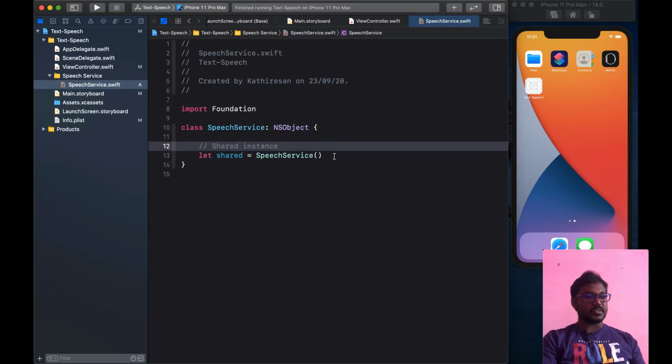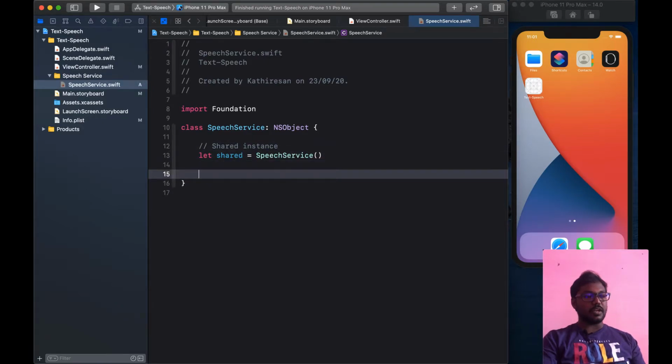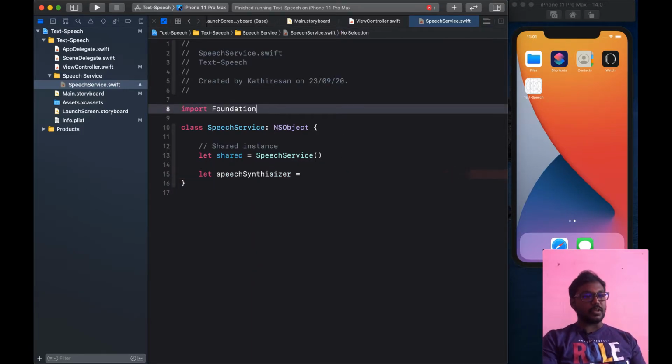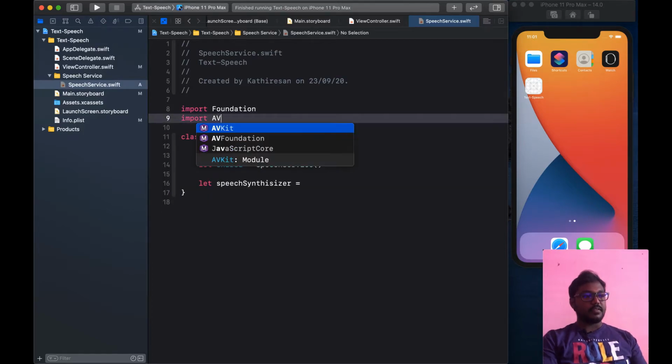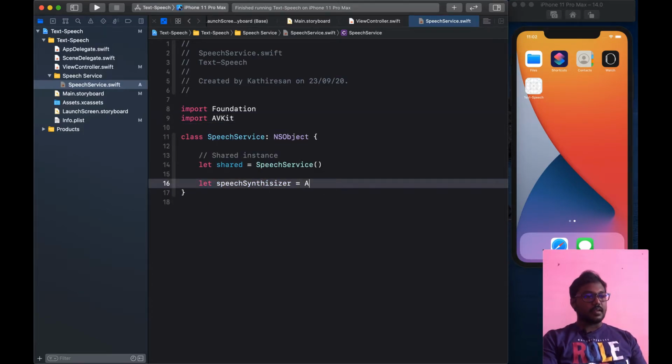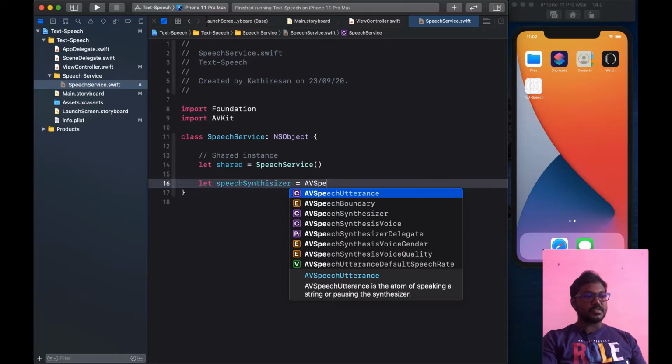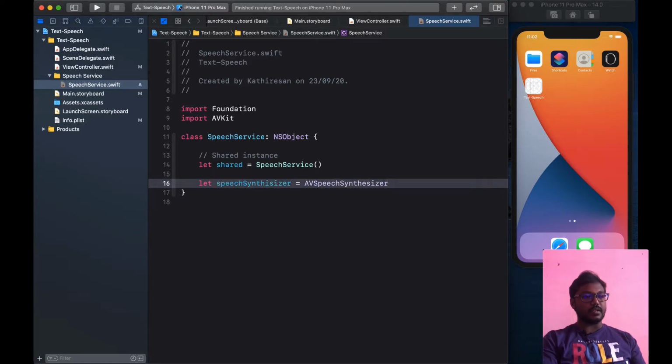That's a shared instance, because we don't need to init it every time. Now I'm creating the speech synthesizer to speak the text, so I'm importing AVKit, and I use the AVSpeechSynthesizer and init it there.